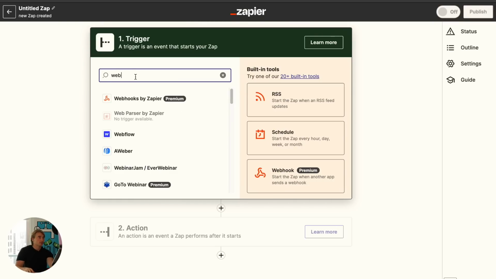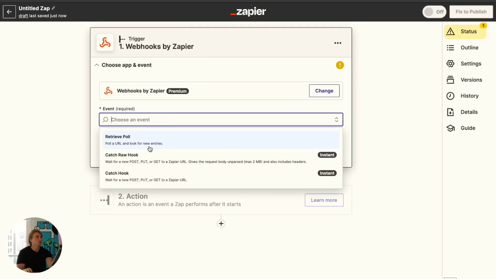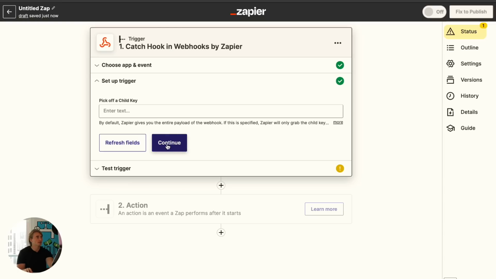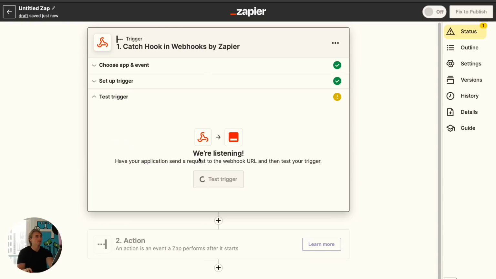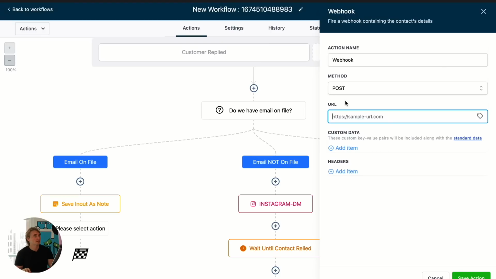I'm going to do a webhook inside of Zapier. You're going to catch hook. You're going to hit continue. They're going to give you a URL here. You're going to go back into your HighLevel account, paste that URL there, and we're going to,